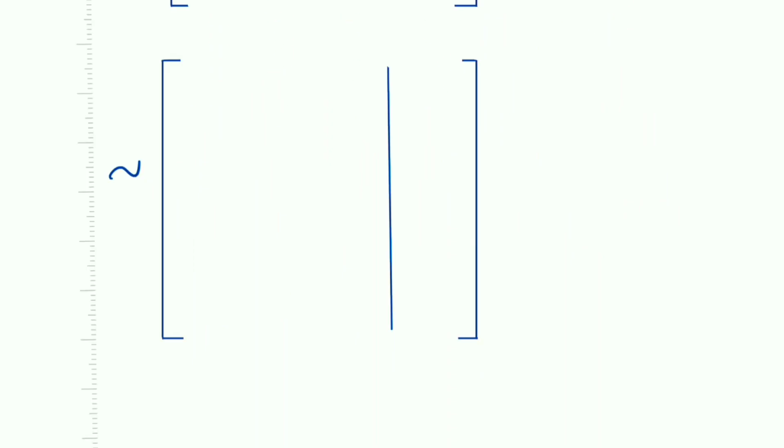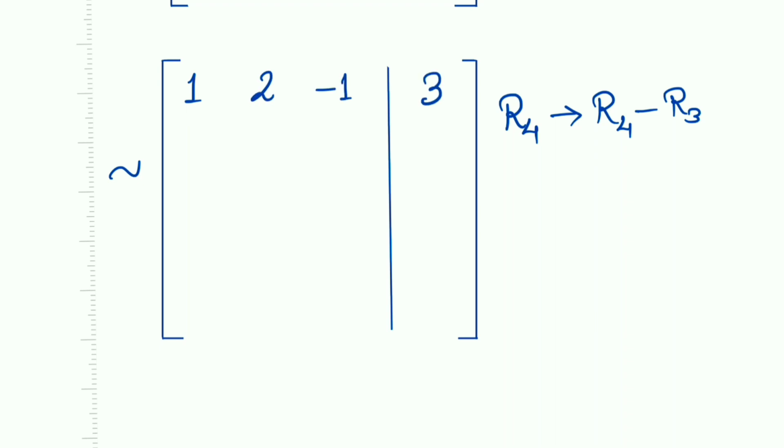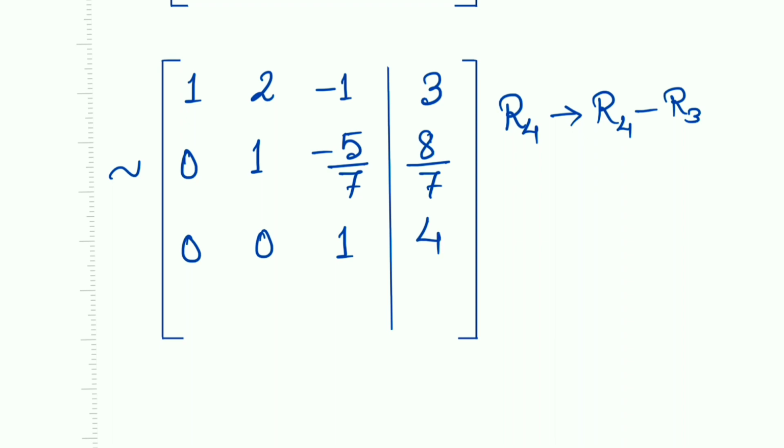Now in the next step we will subtract row 4 and row 3 so that the last row becomes a 0 row. So the matrix now reduces to 1, 2, minus 1, 3, 0, 1, minus 5 by 7, 8 by 7, 0, 0, 1, 4 and the last row, that is row 4, reduces to 0, 0, 0, 0,